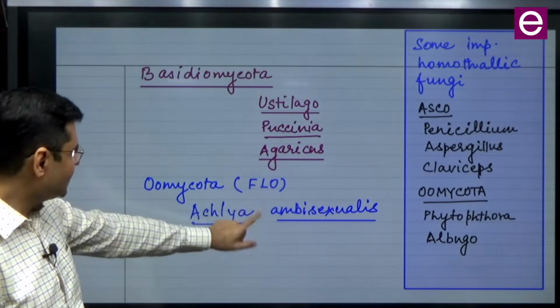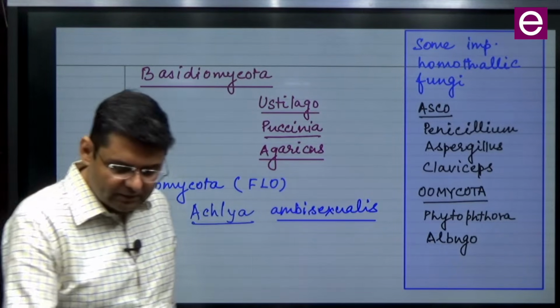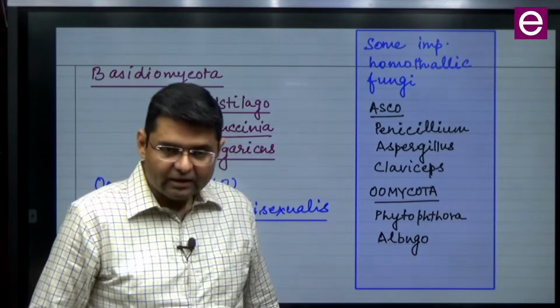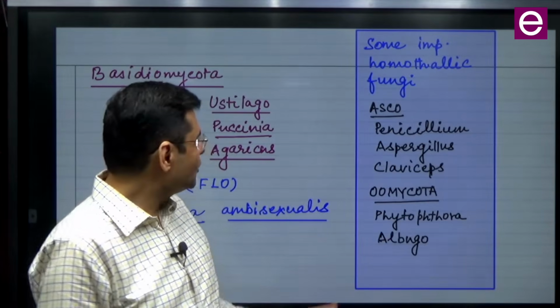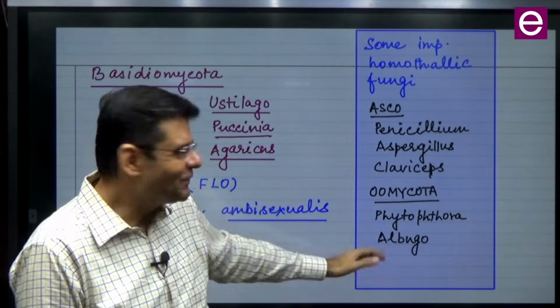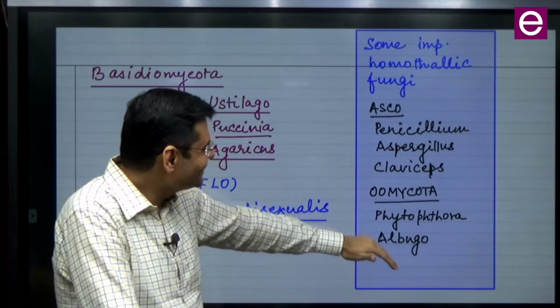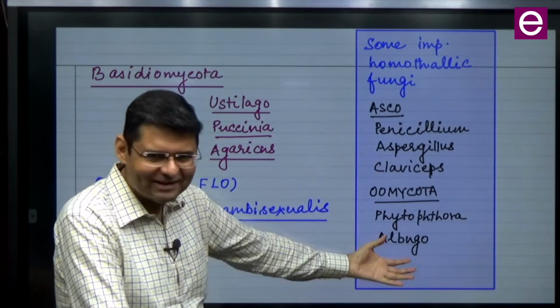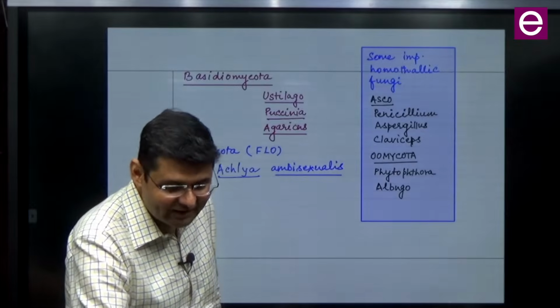Aclia ambisexualis, तो वहां भी होगा. देन अगर आप पूछोगे कि इतना तो हो गया, तो कोई होमोथैलिक भी बचा है. देयर आर सम एग्जांपल्स फॉर यू जो होमोथैलिक है. एग्जाम में नहीं पूछा जाएगा, बट नॉनदलेस यू नीड टू नो कपल ऑफ देम. ओके, सो ये अकरेंस की बात हो गई.